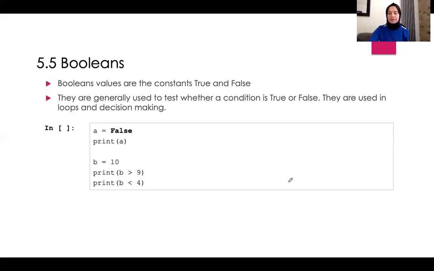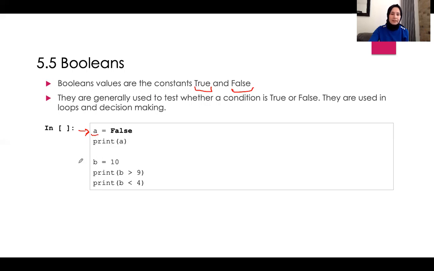Another data type is the Booleans, and the Booleans are the constants true or false. They are generally used to test whether a condition is true or false, and they are used in loops and decision making. Let's look at these examples here, guys. We can assign the Boolean value as a value to a variable. As you can see, we can assign it to any variable. In this case, it will print out